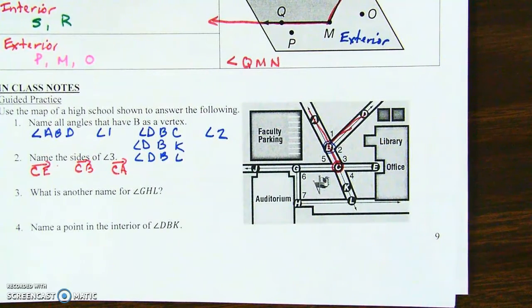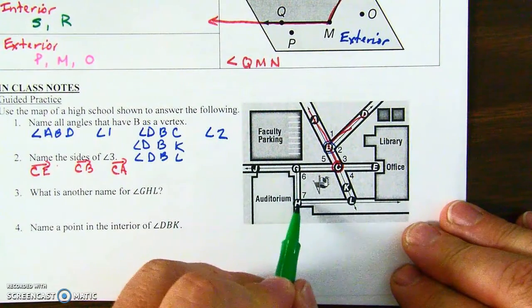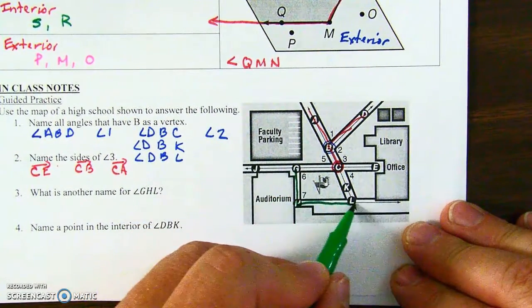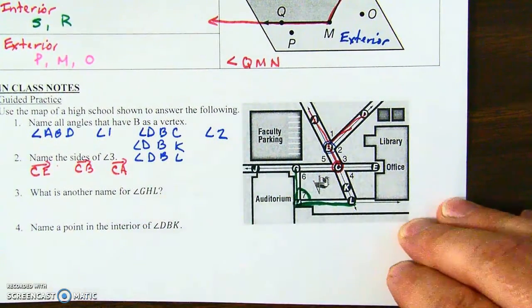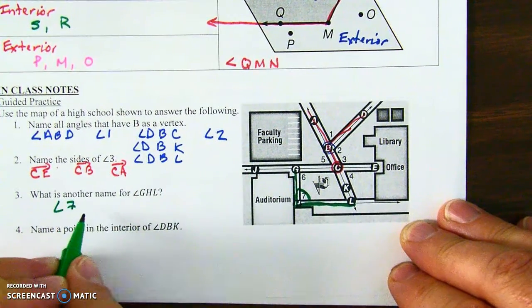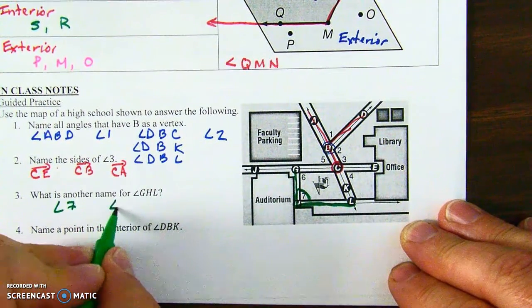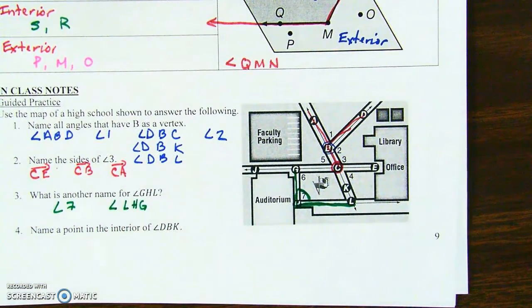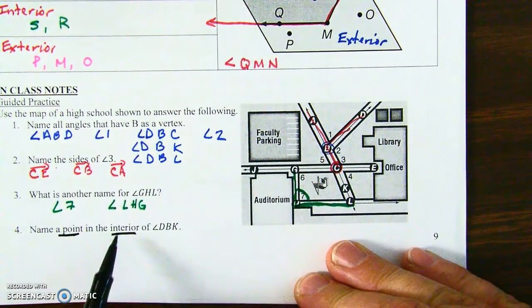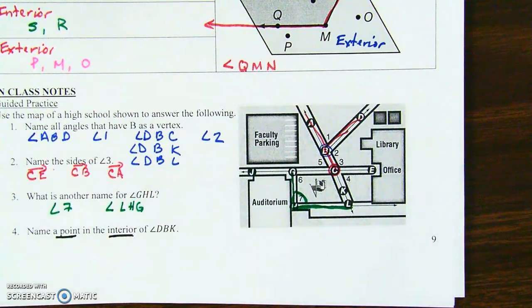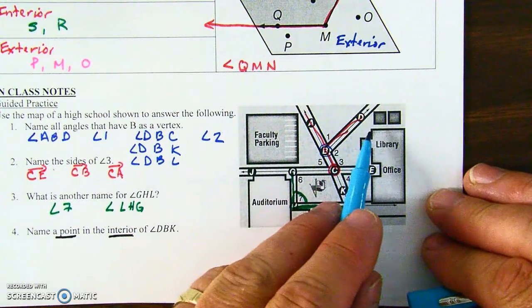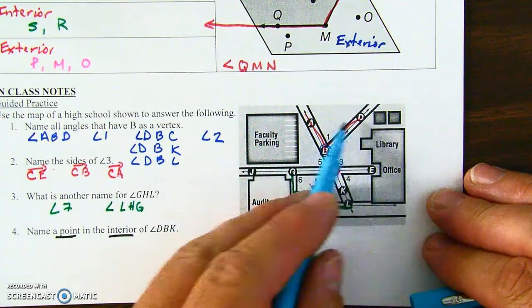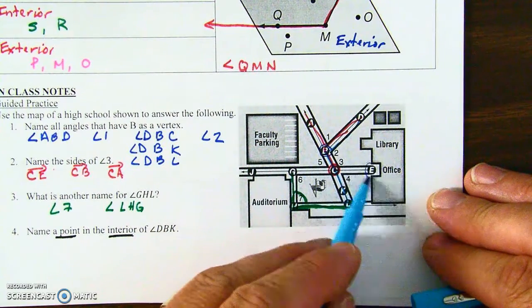Okay? Another angle, name the angle of G. Here's G, H, and L. So here we go. So we look at this. You got this arc in here. This is going to be an angle 7. Or we could do the opposite direction, which would be angle L, H, G if you wanted to. Okay? And then lastly, we want to name a point on the interior of angle D, B, K. And the only one we can see up here would be